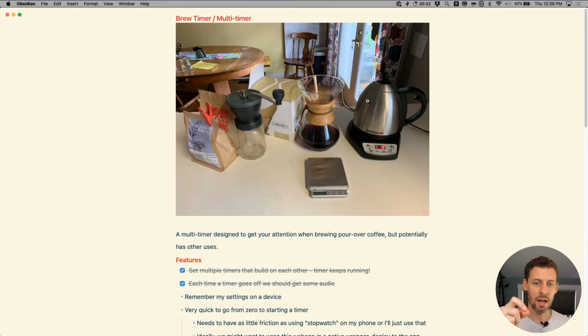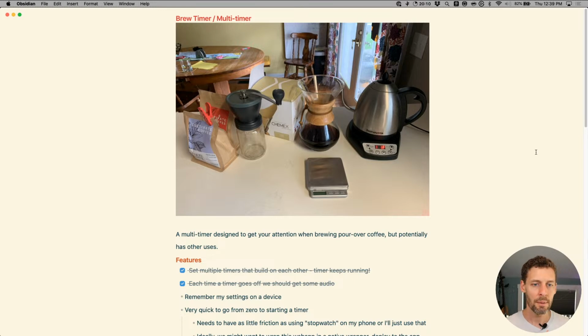I've got a timer on my phone that's sitting on the counter right next to that scale, and it's counting up and letting me know when I should do the next pour. And if it just makes a sound once, that sound might get drowned out in a request from my son or me washing dishes, which is to the right in this picture. It's like over here.